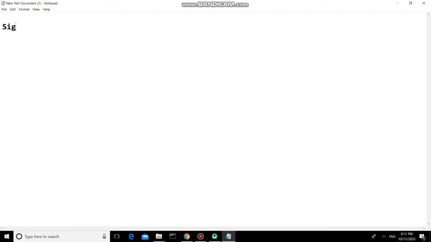Now, a very important step you must take. We are going to generate a signed APK, so the first and foremost step you must do is keep a unique package name for your project or application.